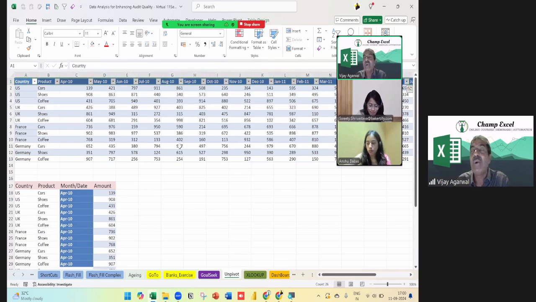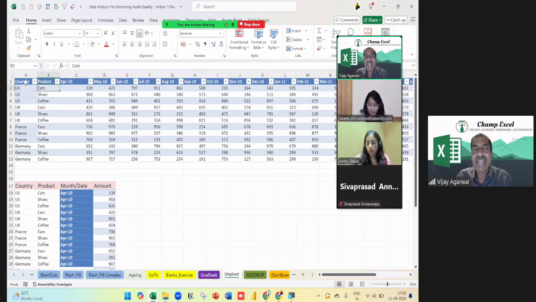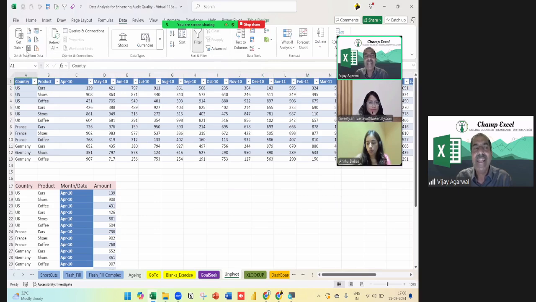there we have a concept of Power Query. Power Query is a very, very big concept. Maybe we can take 3 days, 4 days, a complete full-day session. But I'm just telling you one quality of it, how we can do this. So here, my friends, I just selected this data and went to Data and said Transform Data from Table or Range.